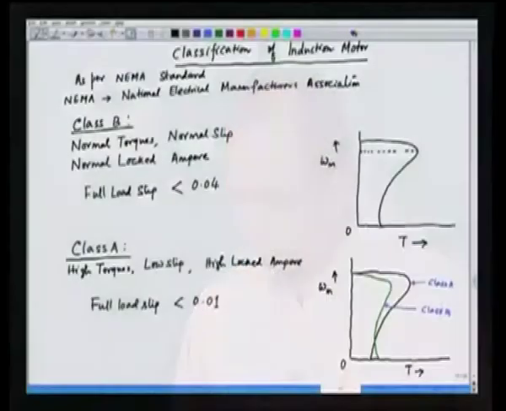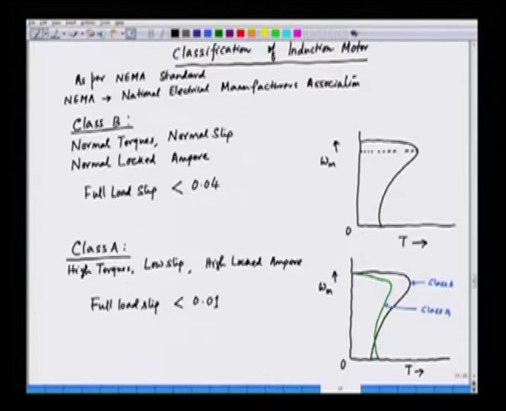Now, we have seen class B and class A motors, and we understand that class A motors have low rotor resistance, and hence higher torque, but unfortunately the starting torque is low, because if the rotor resistance is low, the starting torque is low. From the speed torque characteristic, we observe that the starting torque of class A motors is smaller compared to that of class B,